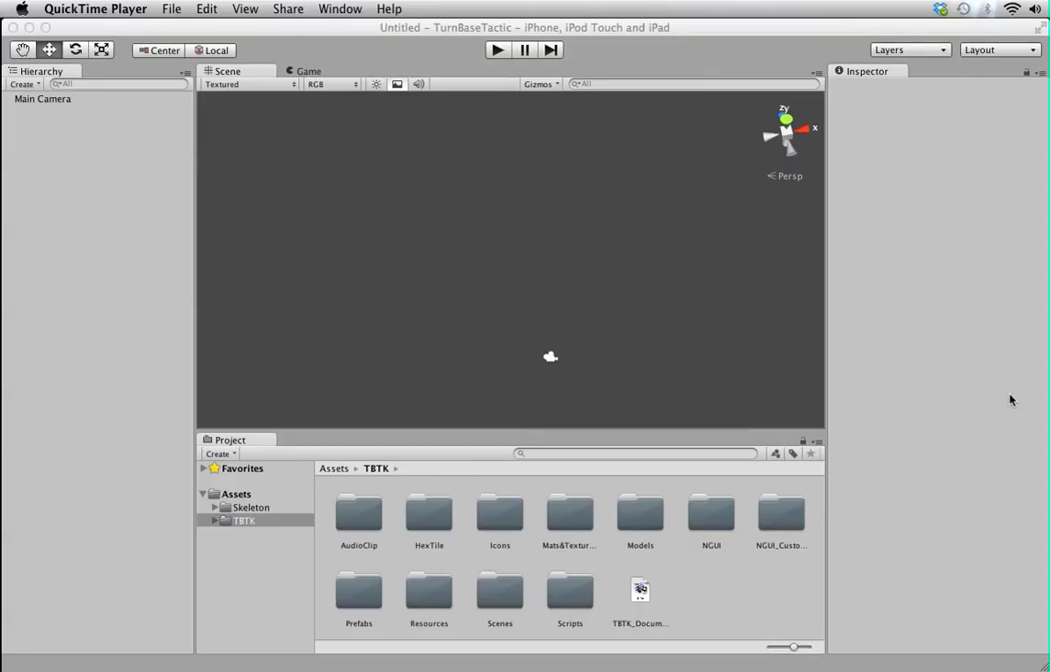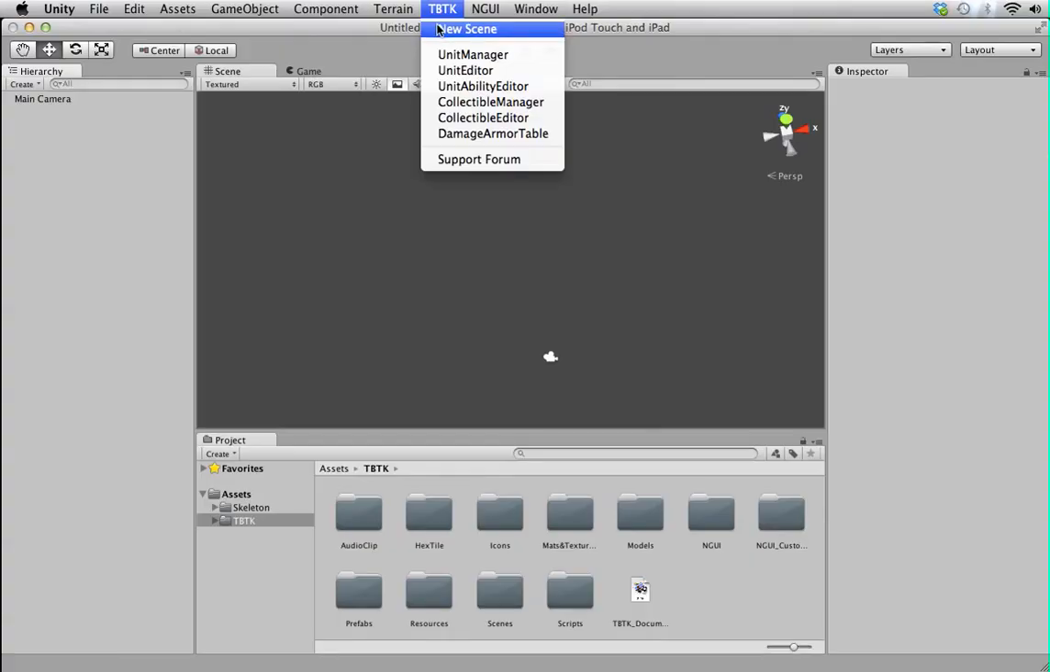In this video, I'm going to give you a quick overview of Turn-Based Toolkit. As you can see here, I have a project with Turn-Based Toolkit installed. Let's get started. The first thing you should know is there's a top panel here which is intended to assist you